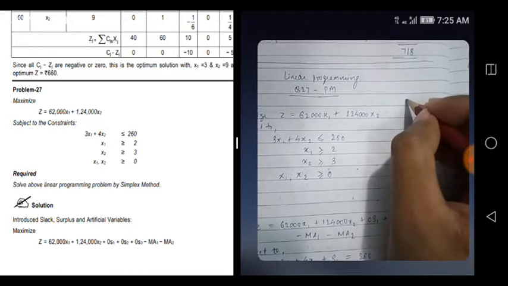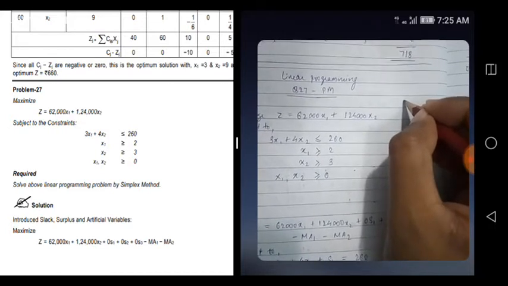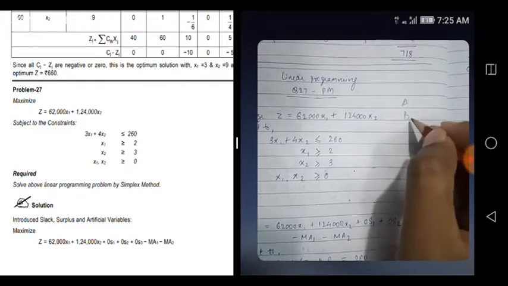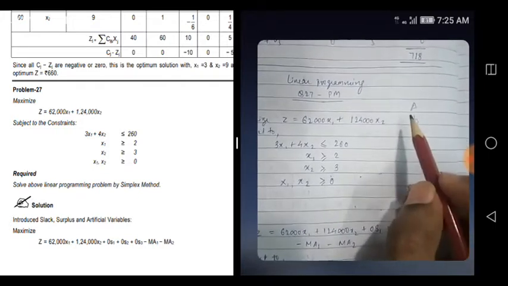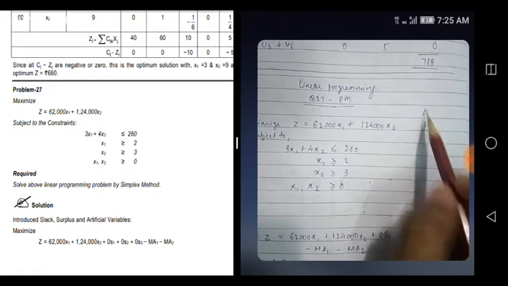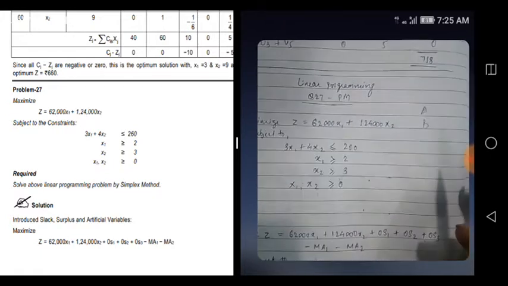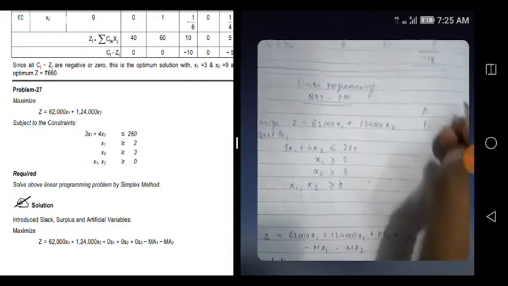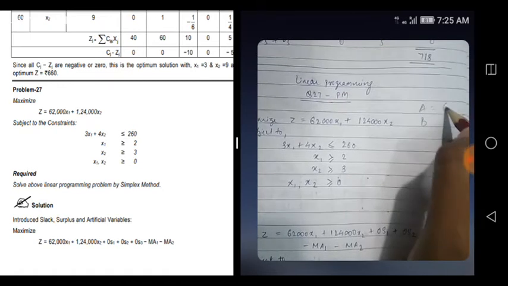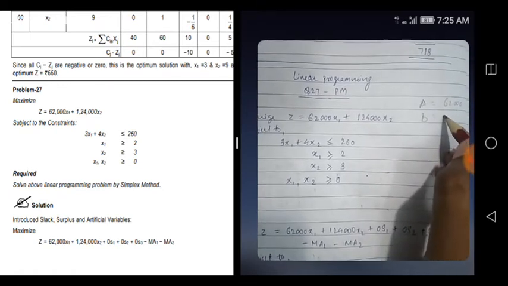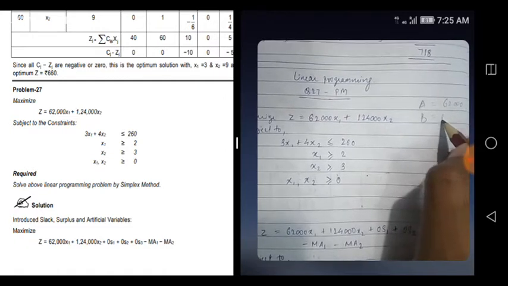For example, my company can produce A as well as B, two products. I have to produce these two, but I don't know in what ratio I should produce them, because if I produce A, it gives 62,000 worth of contribution, and if I produce B,